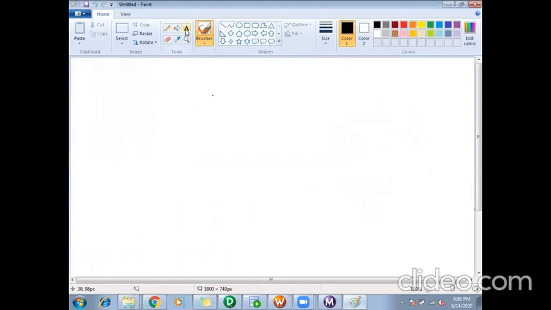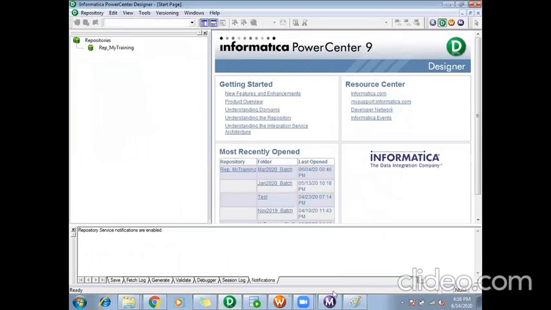If we try to understand the architecture of the workflow, let me go to the Power Center Designer.